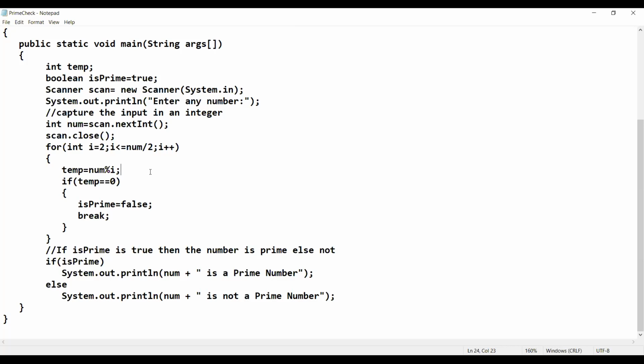If the remainder is equal to 0, then from 2 till the number divided by 2, the condition is the number divided by 2. Till that number, we will check whether this number is divisible by any other numbers from 2 up to that limit. For example, if it is 7, we will check till 7 by 2, which means we'll check till 3.